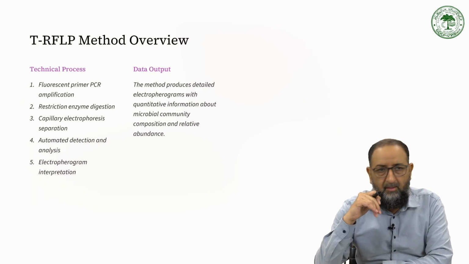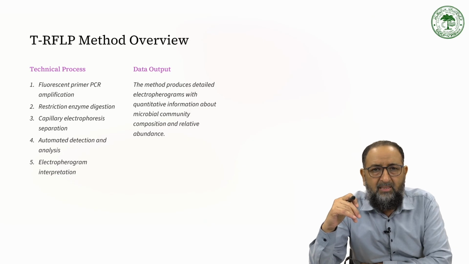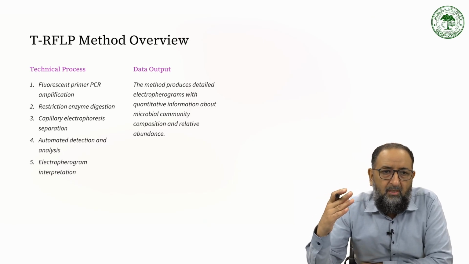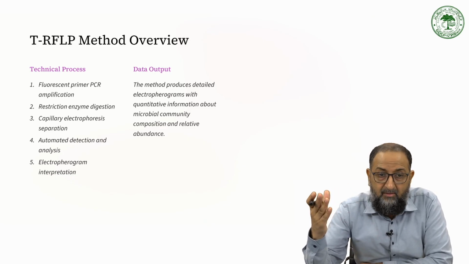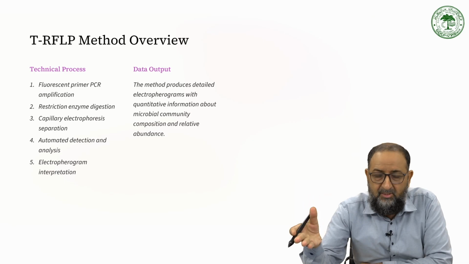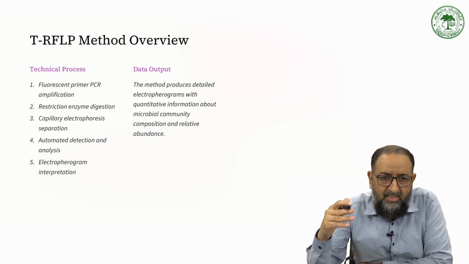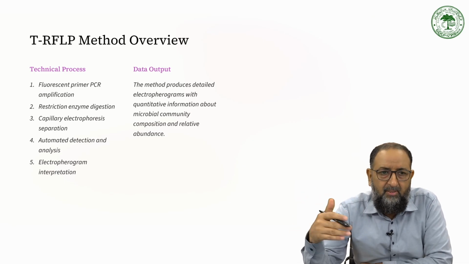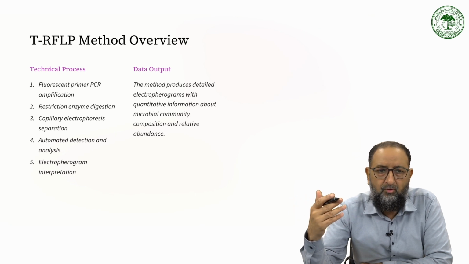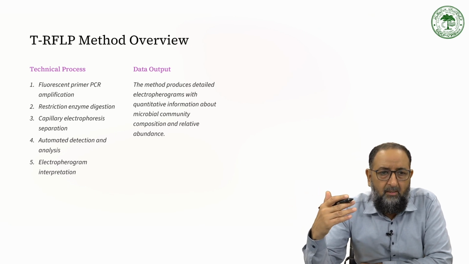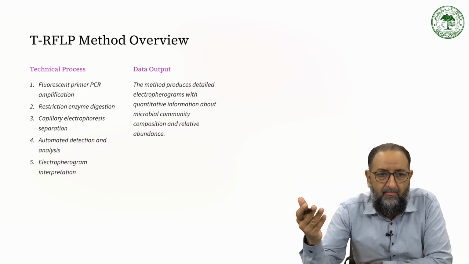Now, T-RFLP method overview. Fluorescence primer PCR amplification I have just explained. Restriction enzyme digestion is the next step. Then capillary electrophoresis separation is one thing. Then also you can go for the sequencing, automated detection and analysis, and